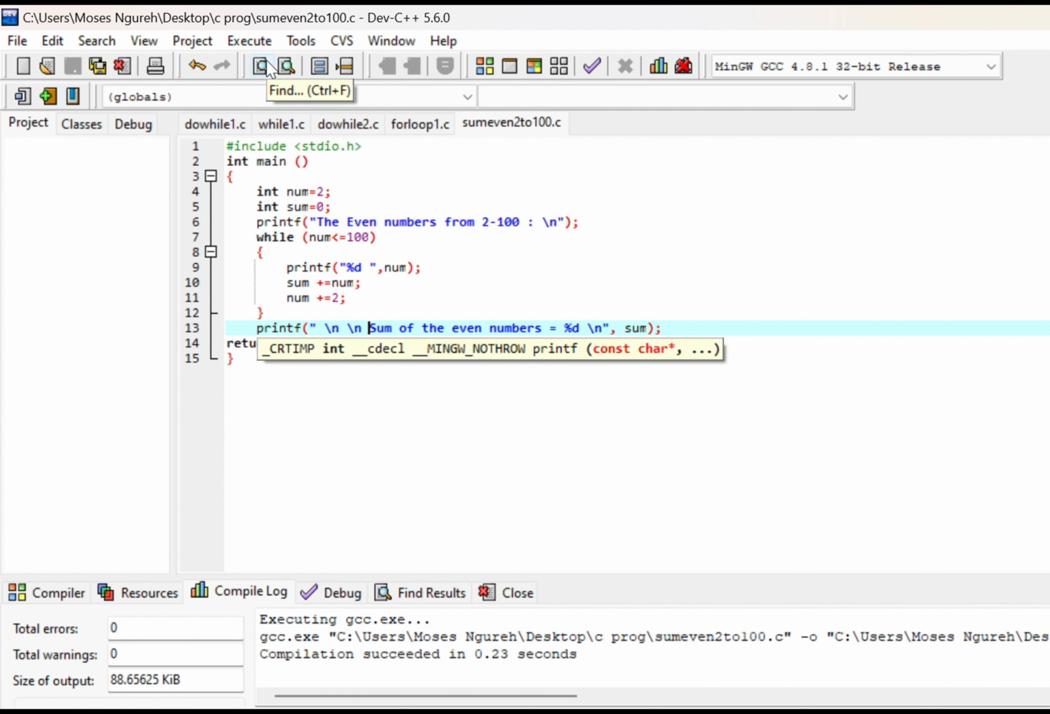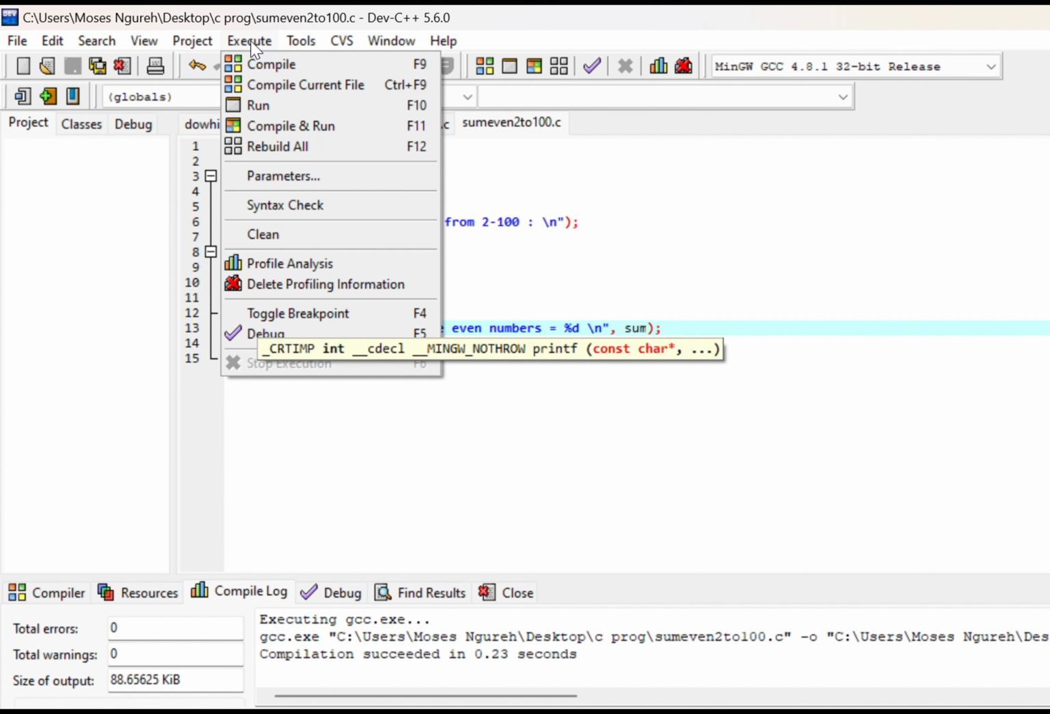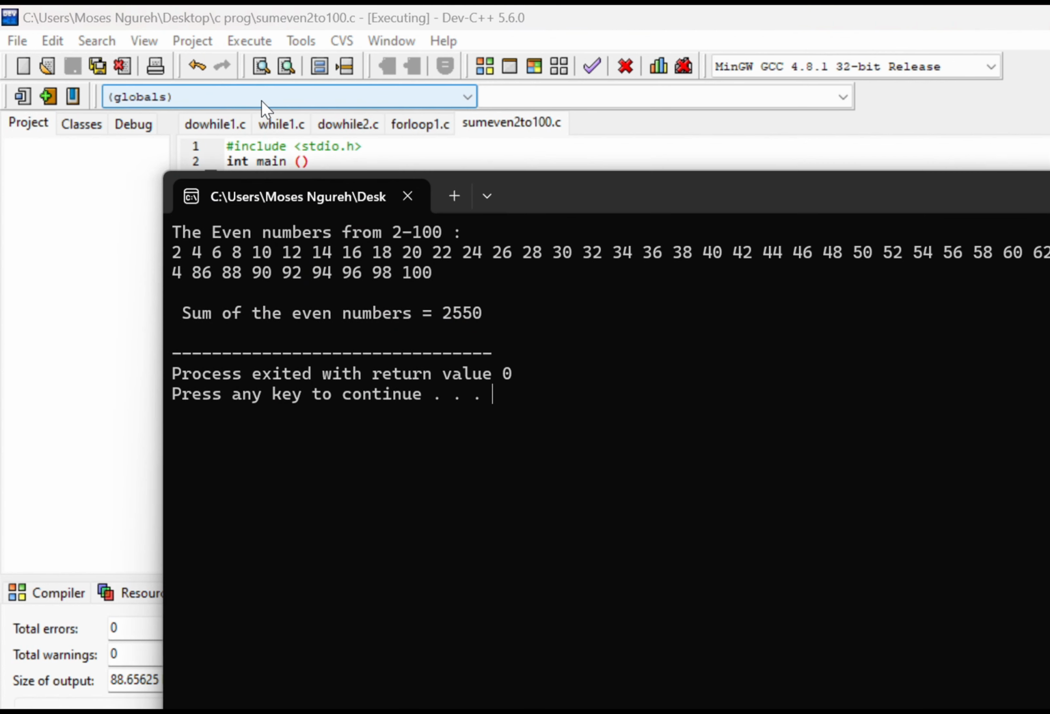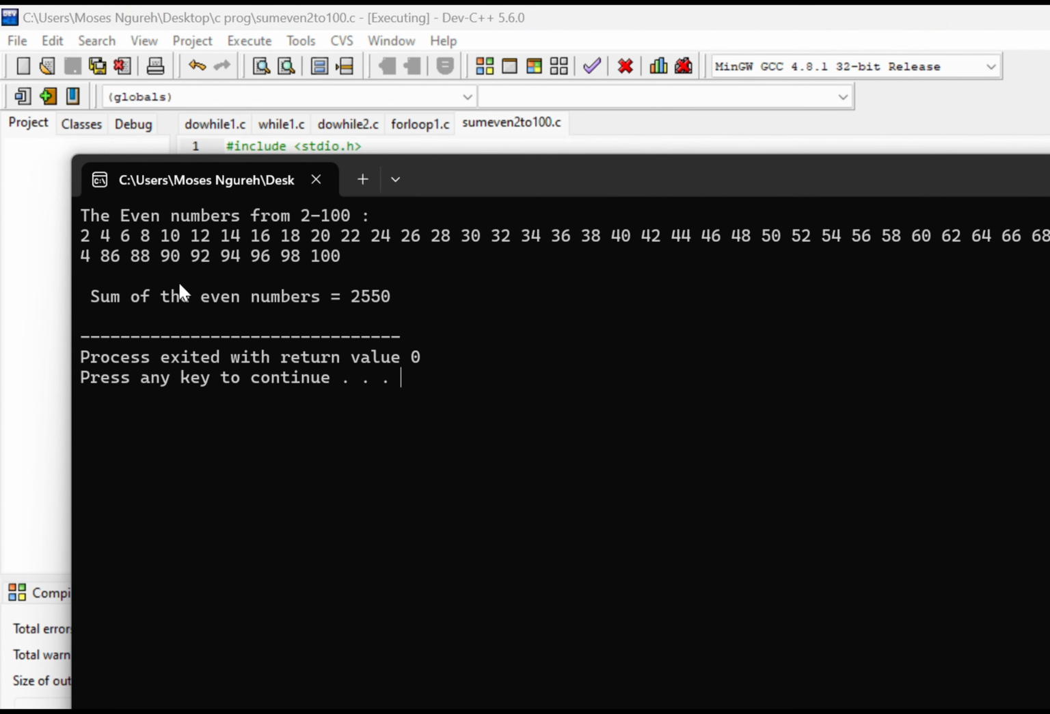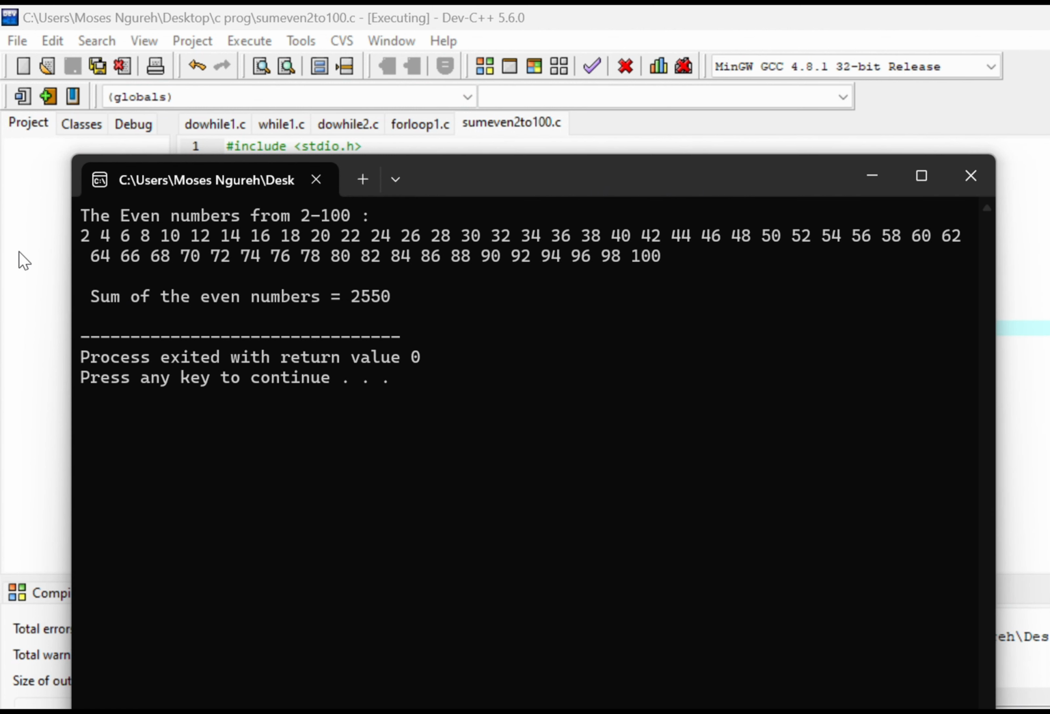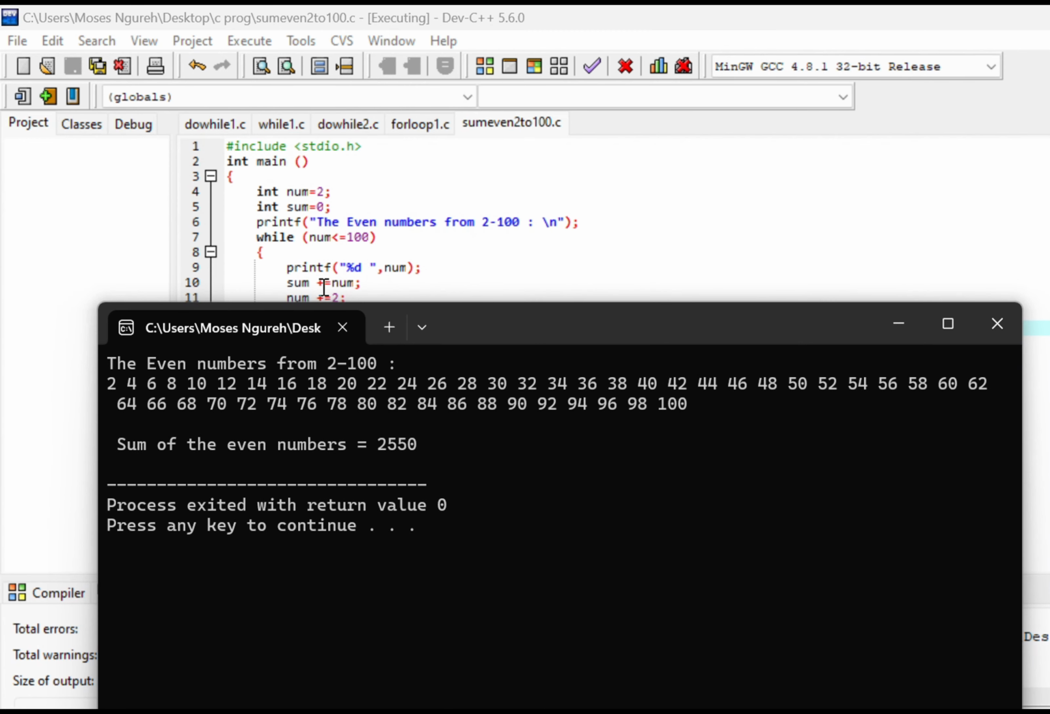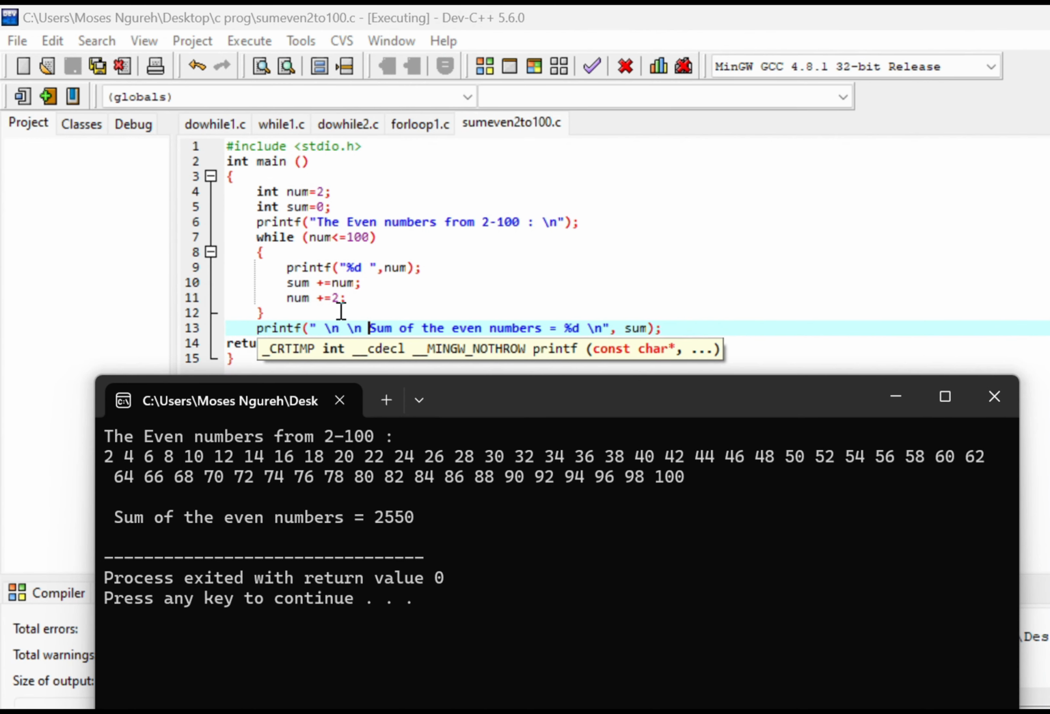Then compile. You compile to capture any change. So this is the gap I have put. So the even numbers are as follows: 2, 4, 6, that way. After displaying all this is as a result of this